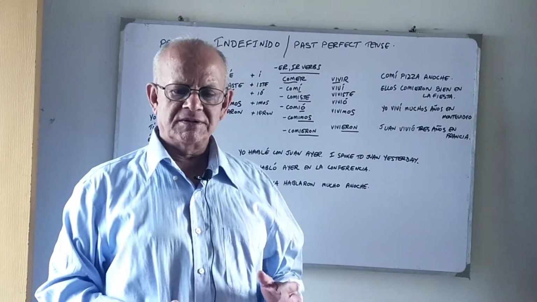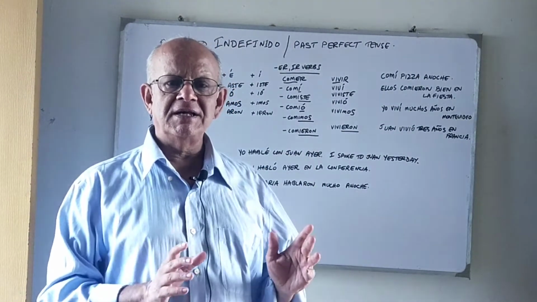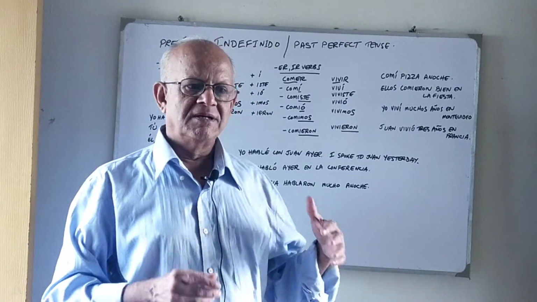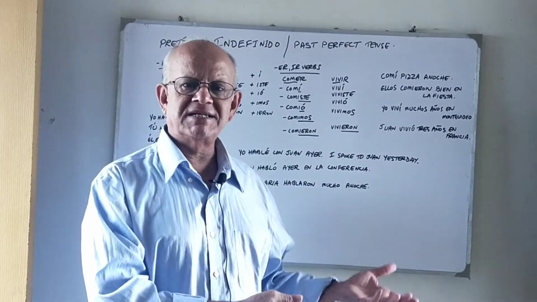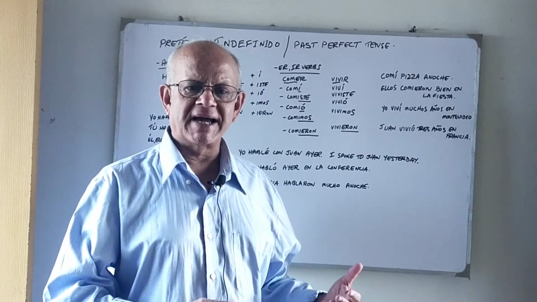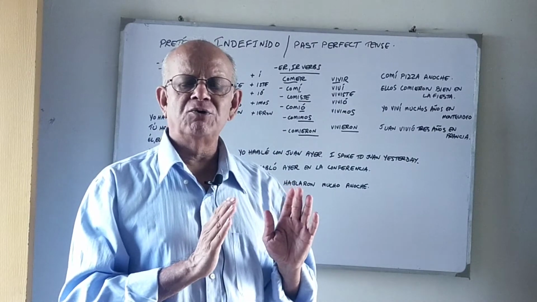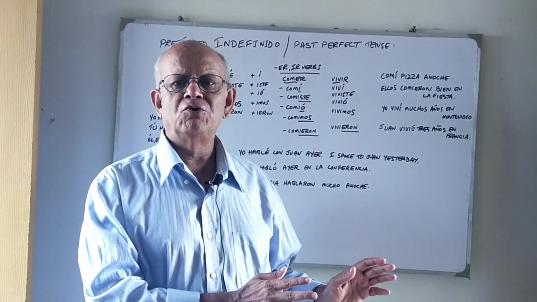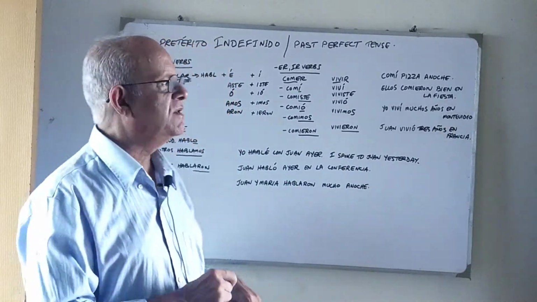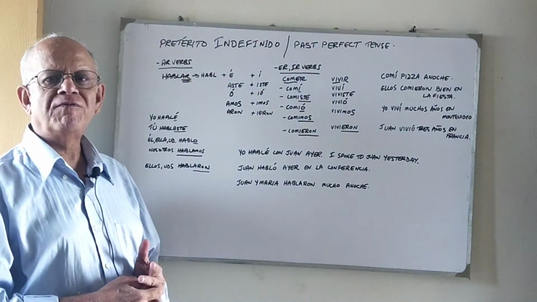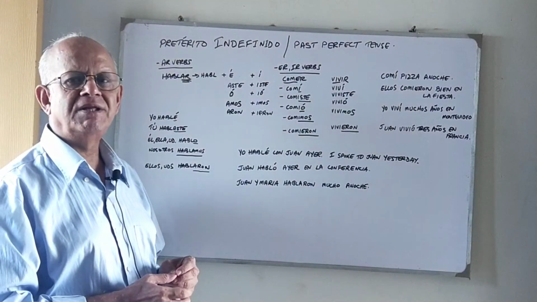It is used when we are talking about certain events that happened and finished in the past. For example, last night, yesterday, or 2 days back, things like that. When there's a fixed time involved during which something happened and took place and finished, that's when we use the pretérito indefinido. How do we form the pretérito indefinido tense in Spanish?